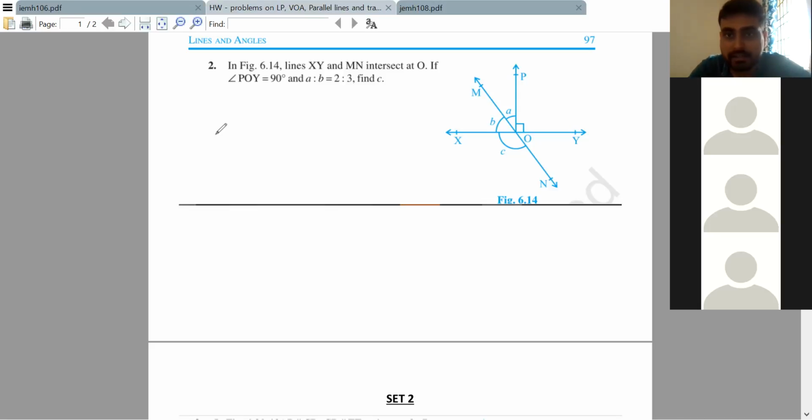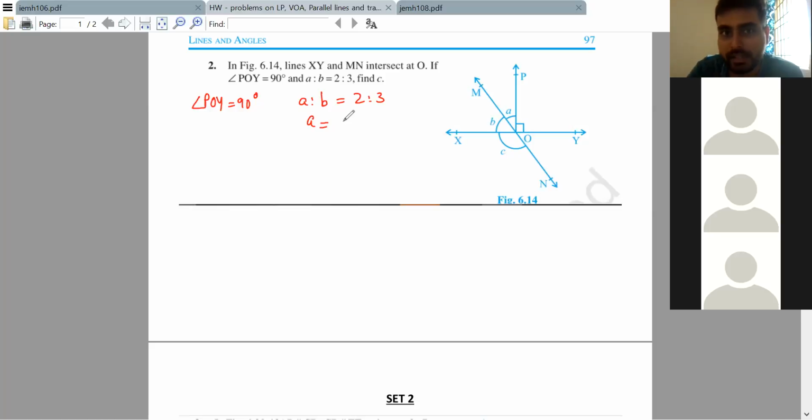So you're saying angle POY is 90 degree. That's given. You're talking about this particular angle. Fine. Angle A is to angle B, which is equal to 2:3. So that ratio is given. So first thing we'll do is, sir, we'll take A as 2x and B as 3x. Very good. Thank you, Sumaya, just to clarify to the class, this is something you learned in the linear equations chapter last year, I assume?